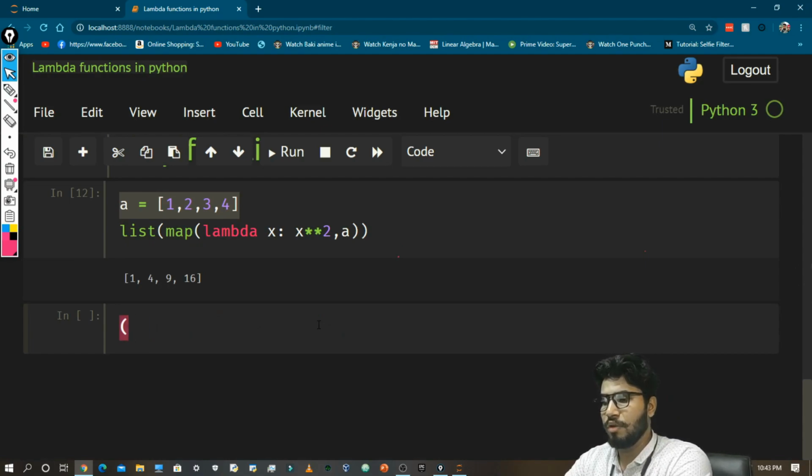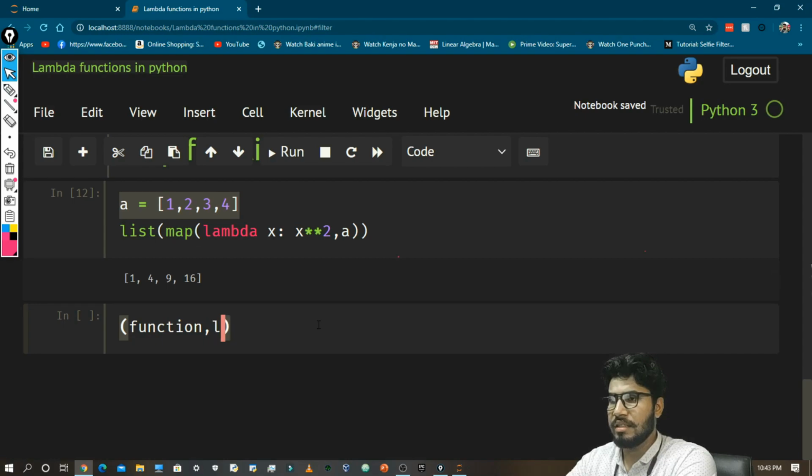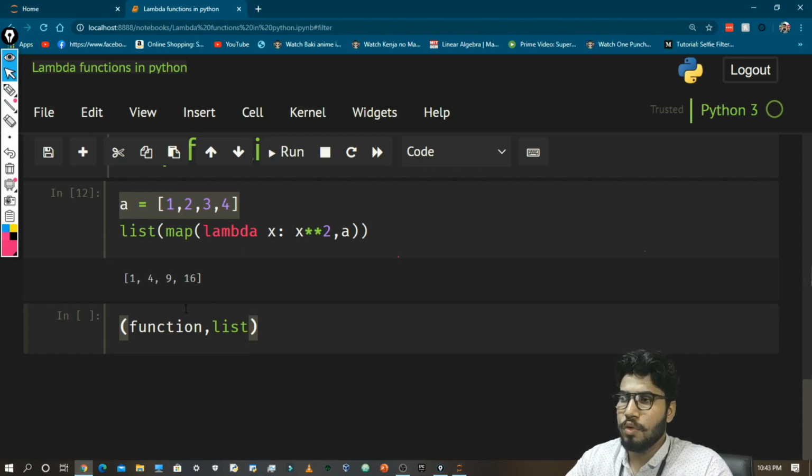The first parameter is a function that we need to pass, and the second parameter is the list. You can say list or any other object, but we mostly use it with a list. So these are the parameter values of the map and filter functions.